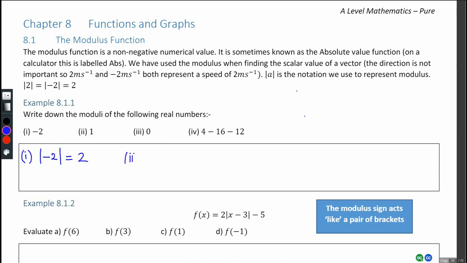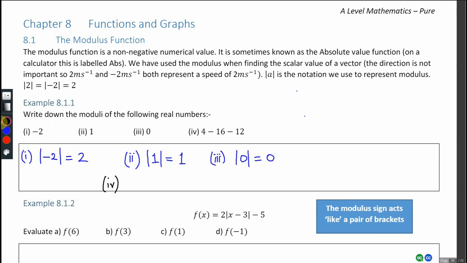Part 2, the modulus of the number positive 1. Well, that's just positive 1. Part 3, the modulus of the number 0. Well, that's just 0. So please remember, the modulus of a number is just simply how big is the number. We don't care whether it's positive or negative, just how big is it. How far away from 0 is the number. Now for part 4,